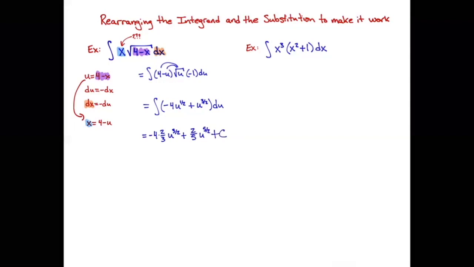Are we done? No, we have one last thing we need to do. Our problem started in x's, it should end in x's. And so minus 4 times 2 is minus 8/3. And u is 4 minus x to the 3/2 plus